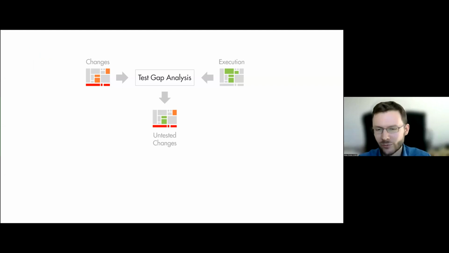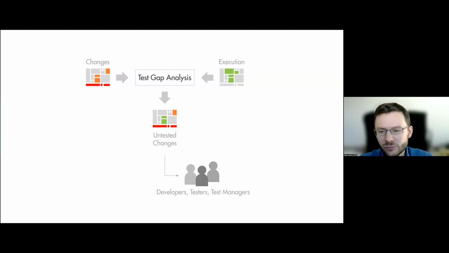So let's get back to this picture. We come from that we have this overview over the test gaps for our own system. How can we interpret it? In our experience, it needs different roles to make heads and tails of these rectangles. On the one hand, the developers, because they know what code changes they made and why. And on the other hand, the testers, because they know which tests they already ran and which tests are still being planned. Then together, you can decide whether such a big red component is a problem,